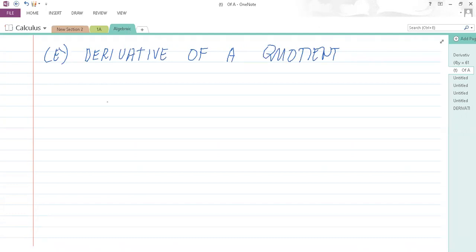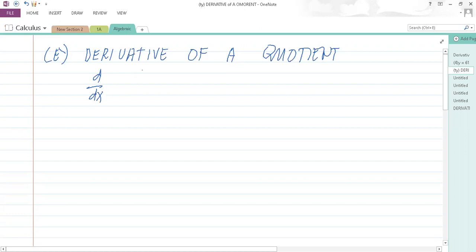Okay, say the d dx, the derivative of two function u and v. Okay, so this is actually equal to, okay, so the derivative of the quotient of a two function, yung u tsaka v, yan yung function natin, is